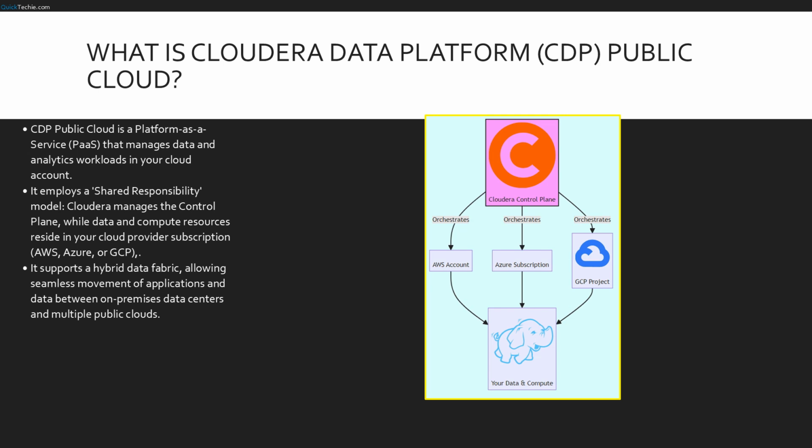CDP Public Cloud is not just hosting Hadoop in the cloud, it is a managed platform as a service. The key concept you must grasp is the separation of concerns. Cloudera manages the control plane, the brain of the operation that handles orchestration, management, and identity. However, the actual heavy lifting, storage, and compute happens inside your cloud account, whether that is on AWS, Azure, or Google Cloud. This architecture ensures that while Cloudera manages the platform, you maintain absolute sovereignty and control over your data. This foundation enables a true hybrid data fabric, allowing you to move workloads between your data center and the cloud